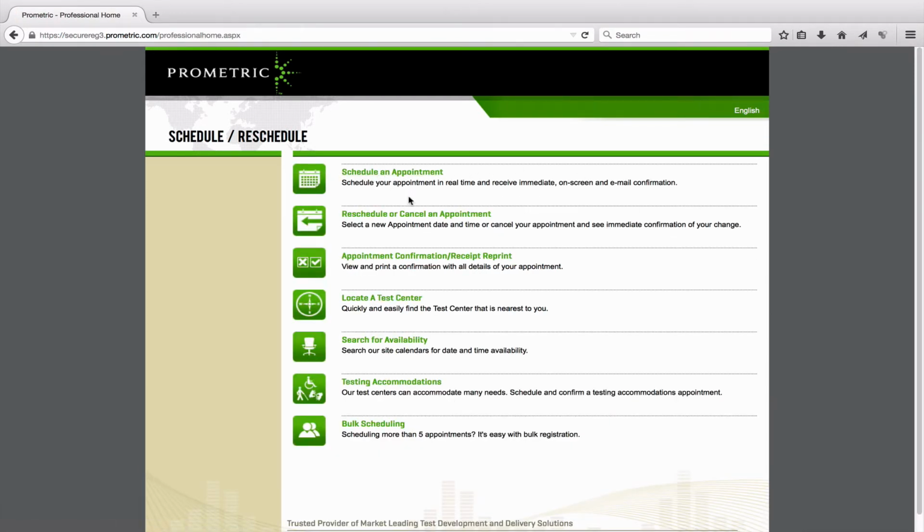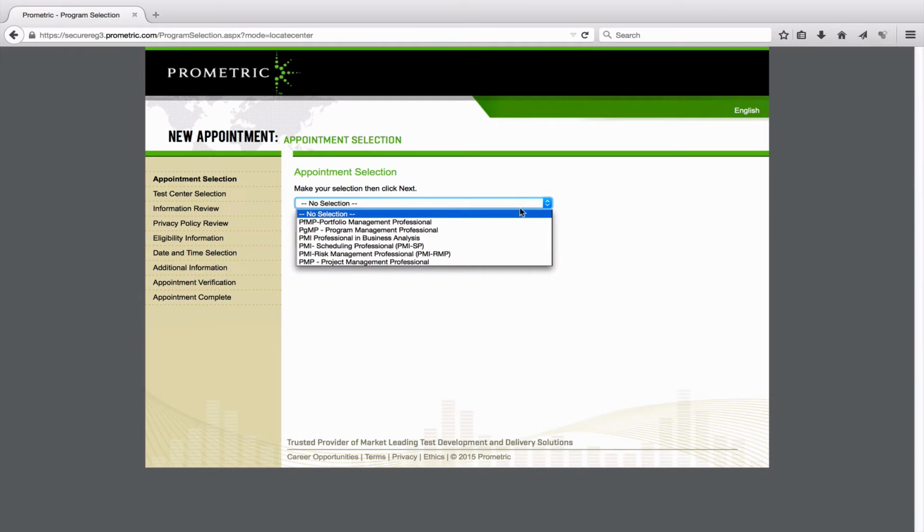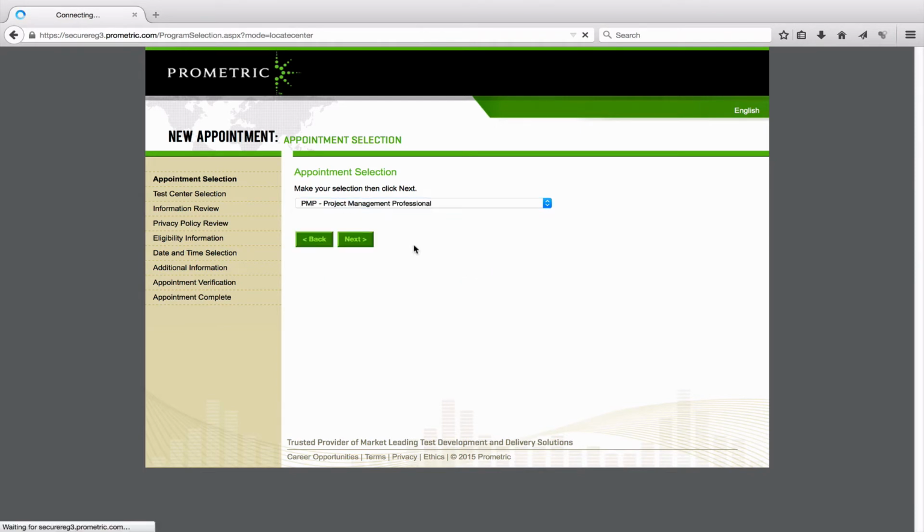So it asks you to schedule an appointment, and you can also see you can reschedule an appointment. You can get the appointment confirmation. You can locate a testing center. You can do several other things, right? For example, if I click locate a test center, it asks you what exam you want to write. Let me choose PMP, Project Management Professional,